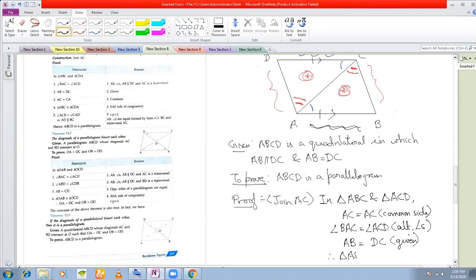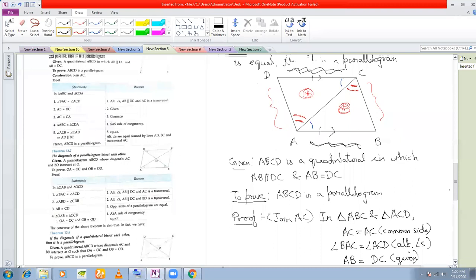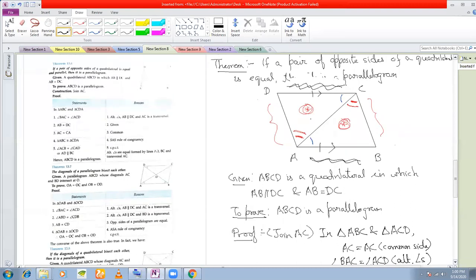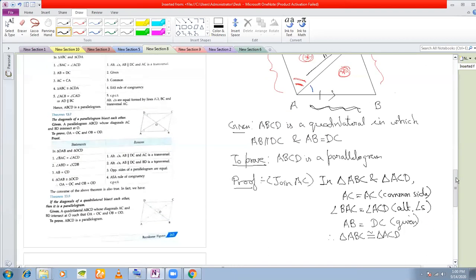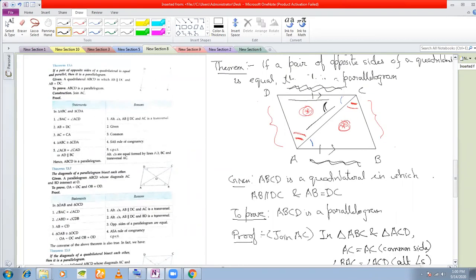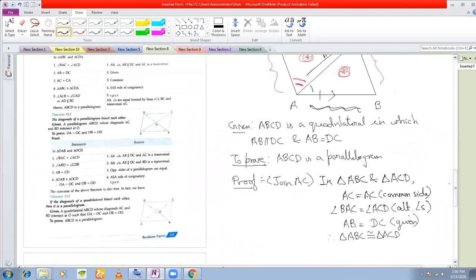But the question is by what axiom? You see what angles are involved, what sides are involved. Two sides are involved, isn't it? And one angle is involved. In this triangle, this side is involved, this side is involved, and this angle is involved. That means this is the included angle, right? Therefore, it has to be SAS. Side, angle, side. Yes, because there is only one angle involved. So SAS axiom.